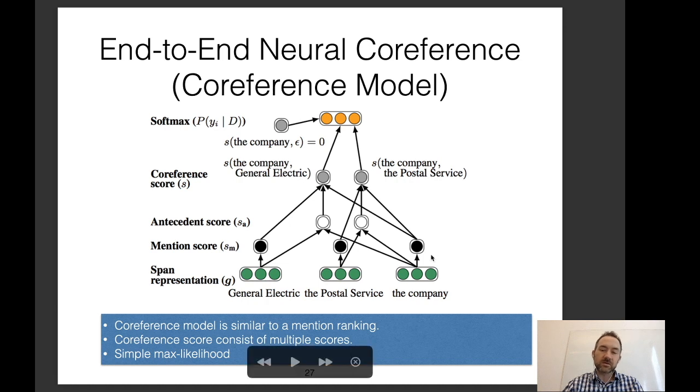So another clever thing that this model does is it has pruning, where basically it uses the mention score to prune out spans that are very unlikely to be mentions that need coreference. And because of this, it allows for efficient calculation, essentially, all while training end-to-end. So yeah, this is a very nice model for coreference. There's lots of follow-up work.